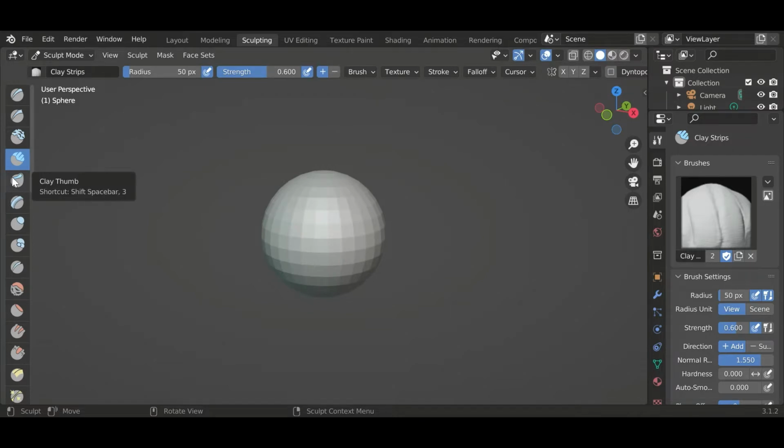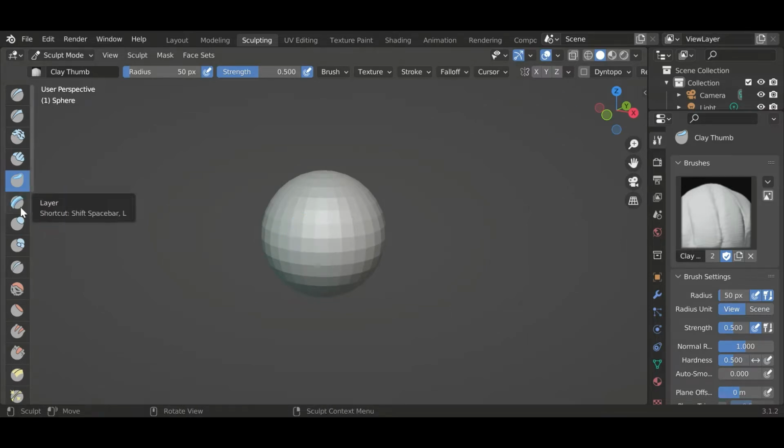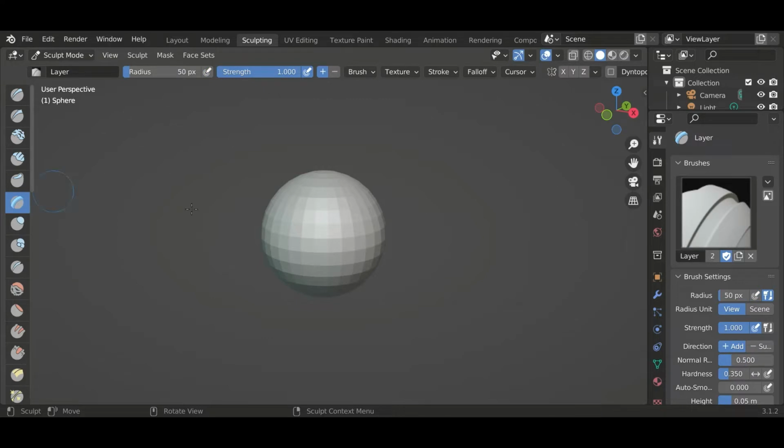The next option, clay thumb, is even more precise, and is also stronger on the narrow area it affects, as if you were slamming your thumb into the clay. The next option, layer, is sort of like draw,